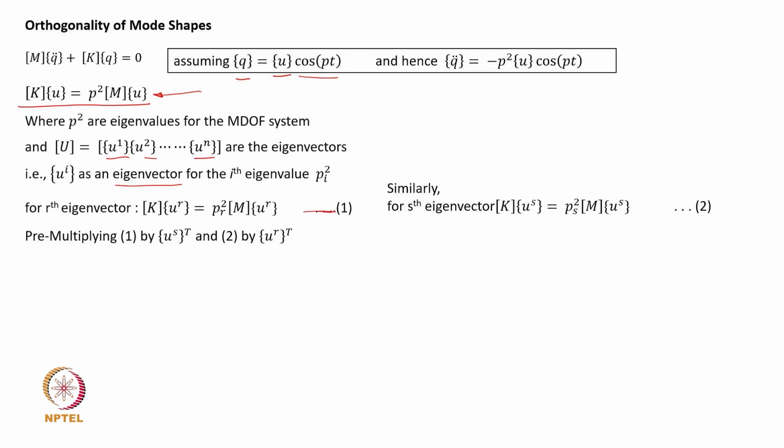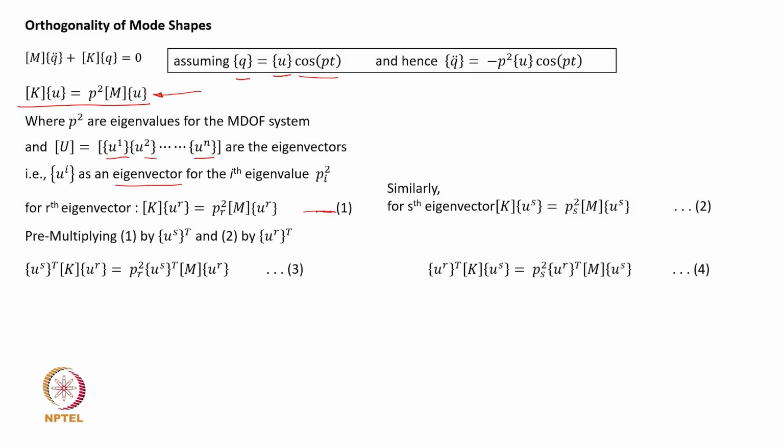that means if this equation pertains to the rth mode, if it is pre-multiplied by sth mode, basically to suggest that it is multiplied by an eigenvector belonging to some other eigen frequency, then the equations turn out to be as you see in equation number 3 and equation number 4. This one is when you pre-multiply by us transpose, whereas the similar equation considering the sth eigenvector is pre-multiplied by ur transpose. That means the eigenvector corresponding to some other normal mode. So the equations now turn out to be these,